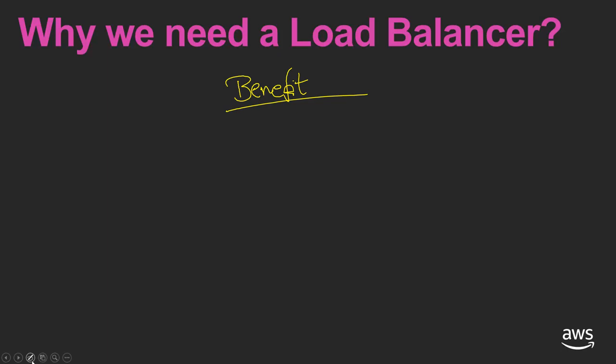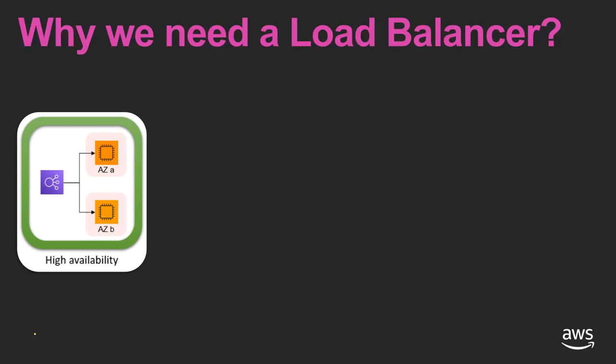Let's try to understand them in a different way. Hopefully everyone knows the basics. The benefit I would get is that I would be able to ensure high availability. If you look at this picture, I have kept one application server running in AZ A, and another application server running in AZ B. The advantage is, even if my availability zone is completely down, due to an outage or network connectivity issue, my request will still be forwarded by my load balancer to the healthy instances. So even across availability zones, I can work.